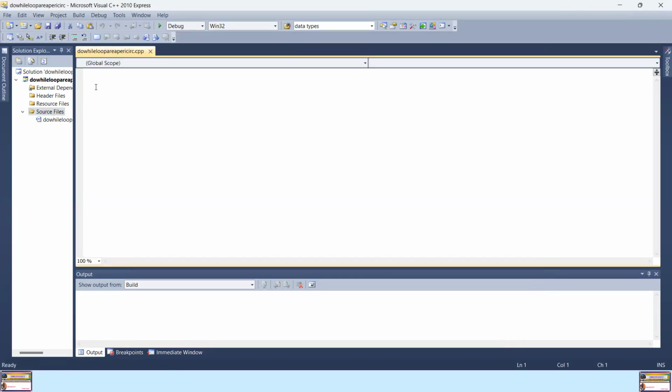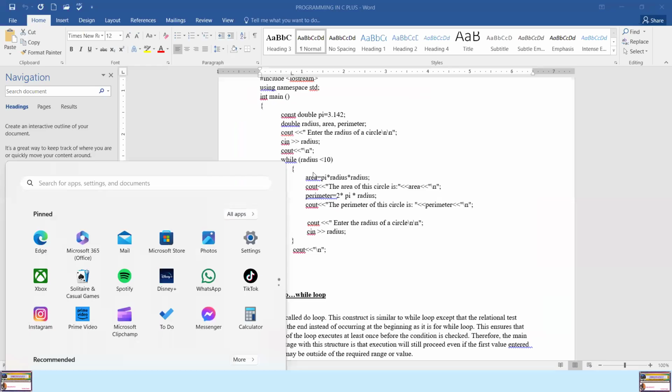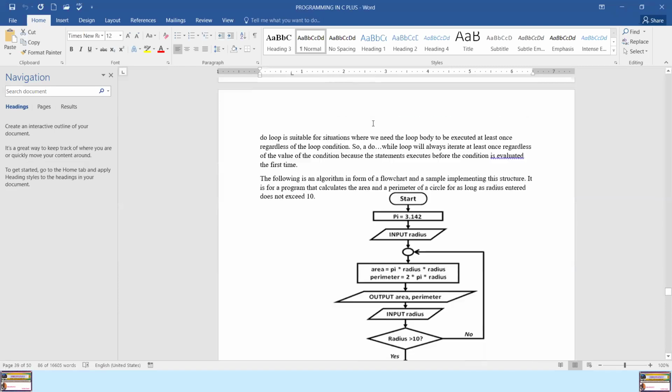Once you are on your editor, remember I've said you don't need to follow this entire process if you are not using Visual Studio 2010. If you're using another version, what is important is to load the editor. Once you have the screen where you are able to type your program, you are good to go. So you may have fewer steps than the steps I'm demonstrating. You can type your code directly or you can copy it. For me, I'll copy my source code from an editor.